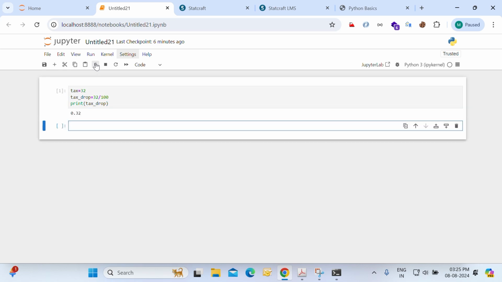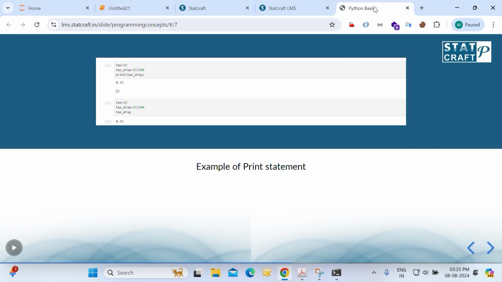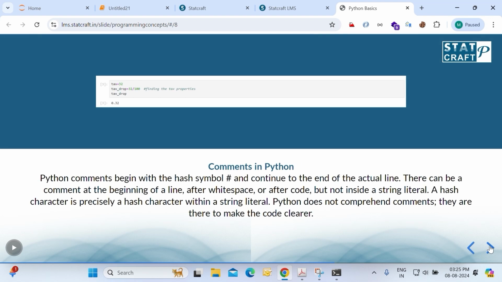The output should be same as in the slides. For each slide, you should parallelly execute the same commands that are mentioned in the slide in the Jupyter Notebook application. This will help you practice.